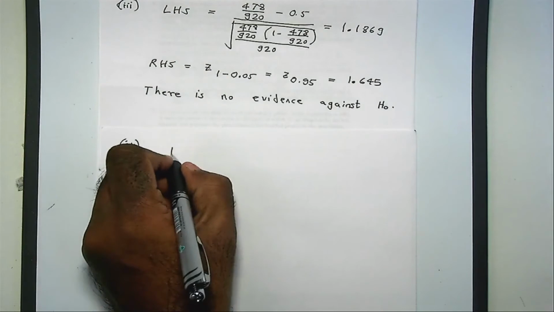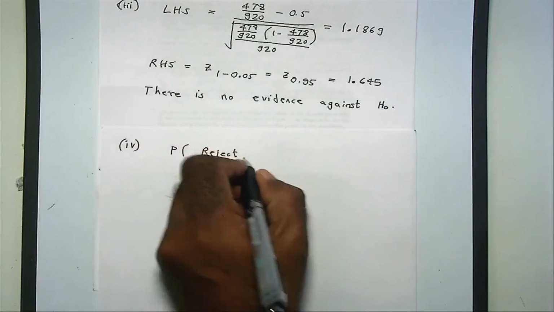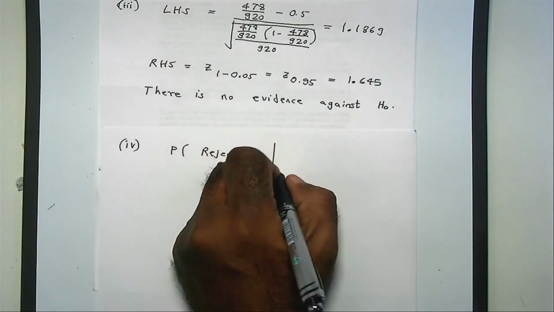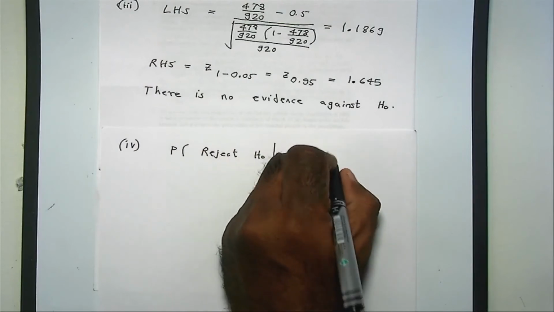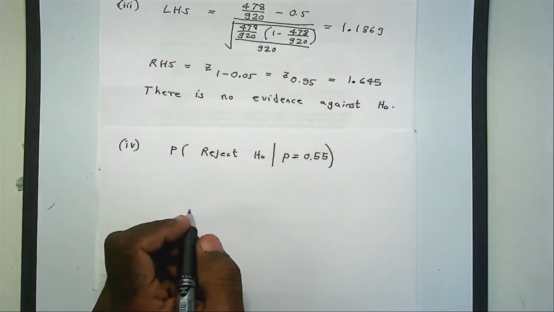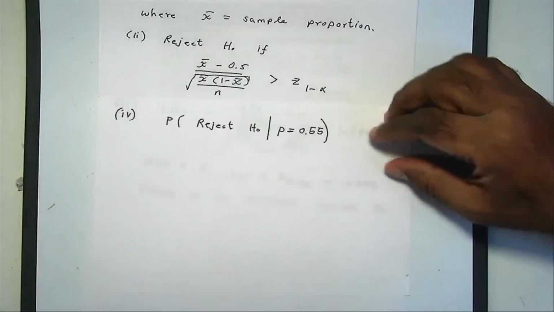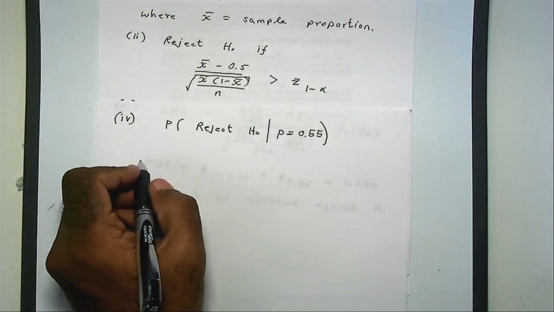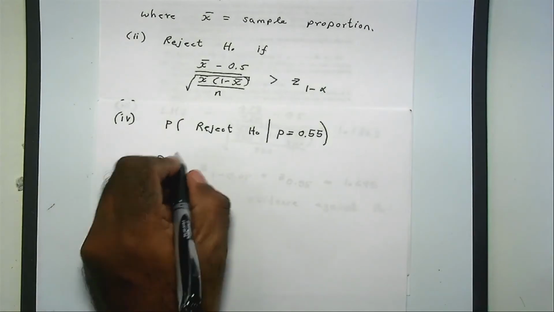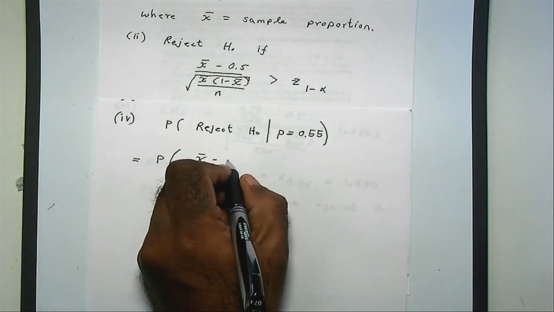We want to find the probability of rejecting H0 when the true value of p is 0.55. Now, if you go back a few steps, you see, this is the rule for rejecting the null hypothesis. So what we are looking for is the probability that X bar minus